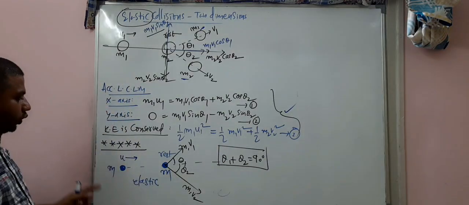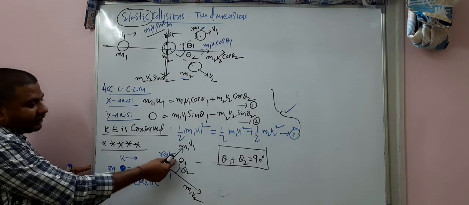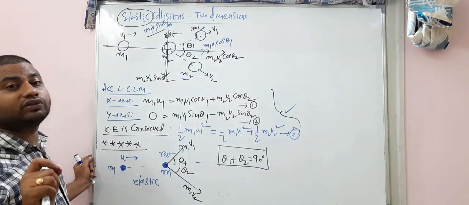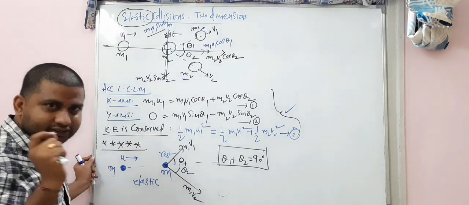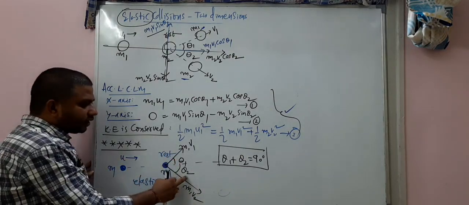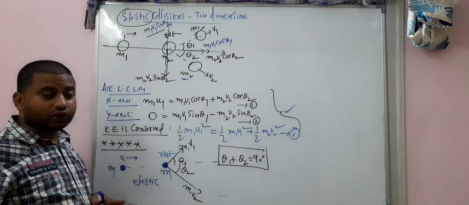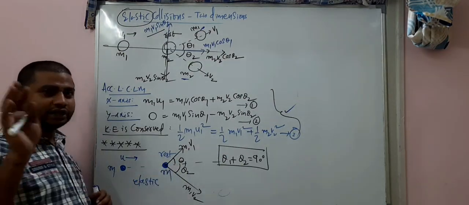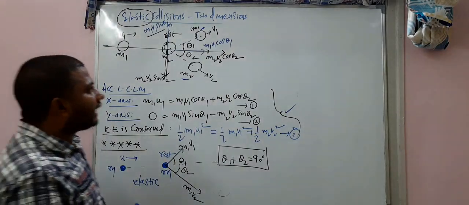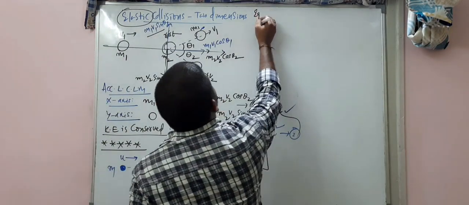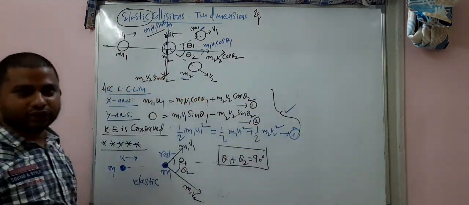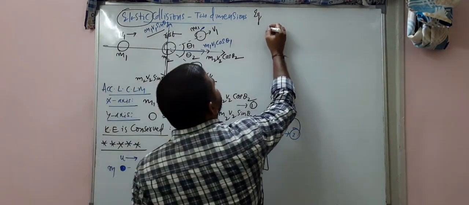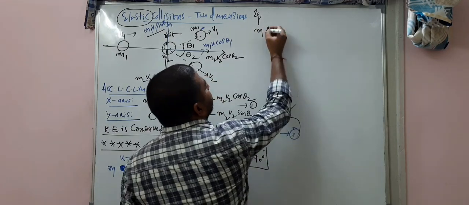All right. So remember this case, theta 1 plus theta 2: in some JEE exams a direct question was also asked. Theta 1 plus theta 2 is equal to 90 degrees. The condition is elastic, and these two are identical masses, and the second mass must be at rest. Okay, and let's see an example question, my dear students. Example question. The example question is, there is a mass m here.